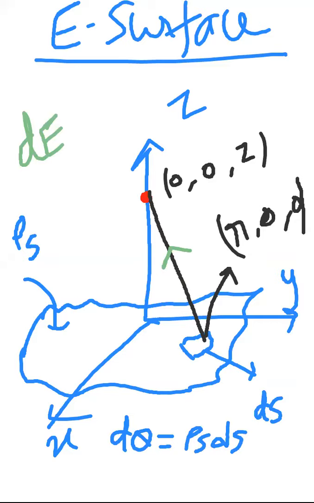Now it's very clear that once some vector goes like this, it can be resolved into two components, one in the Z axis and another along a line like this. If you resolve it in these directions, clearly these two are going in opposite directions, so they will cancel each other. Effectively, you will get only the electric field in the Z axis.